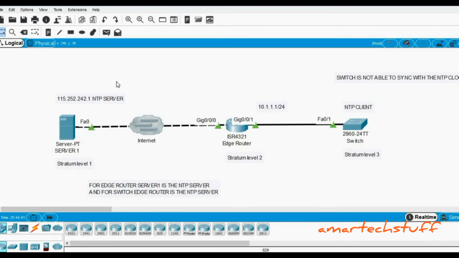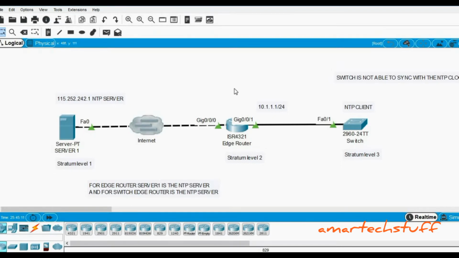This is an NTP server, an internet cloud, an edge router over here, and the switch. Here the edge router is able to sync with the NTP server, and it is showing the correct time. I'll show you how. And the switch is not able to, so we have to troubleshoot on this switch why it is not able to sync with the NTP server.